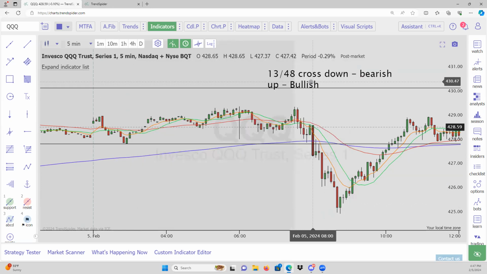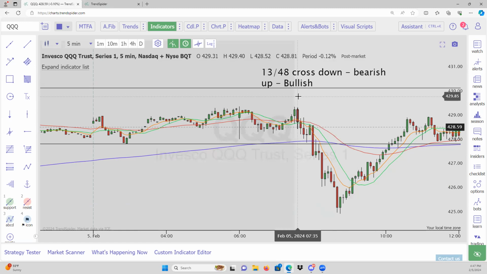If you don't use the 1348, people who use the 821, the 921, 1050, whatever it is, it's pretty much the lower crossing a bigger EMA. Likewise, when we get like the 50/200 cross, you have a golden cross, lower, higher, right? Lower, higher. So if lower crosses beneath the bigger EMA, it's going to be bearish. If we cross up, it's going to be bullish.